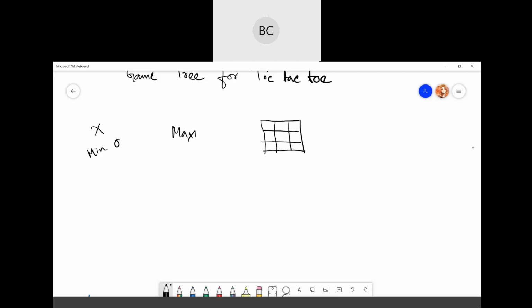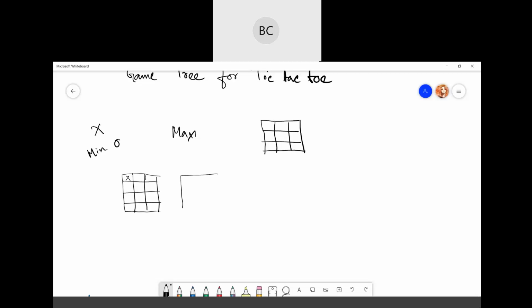From this initial state, how many possible moves can Max take? Max can put X here, correct?